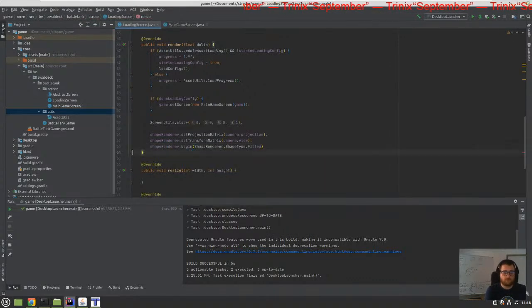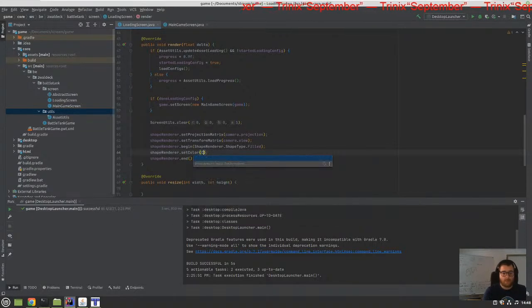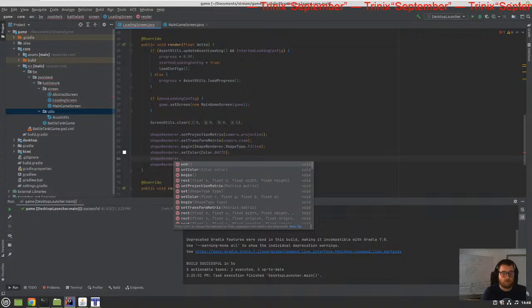We want a filled shape, shape renderer dot end, and we start with a color. So we say shape renderer dot set color. We want white. Shape renderer dot rect,